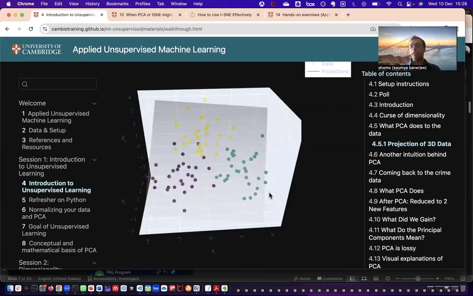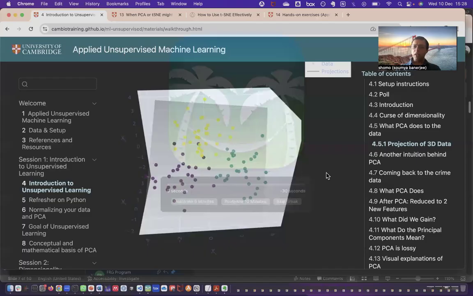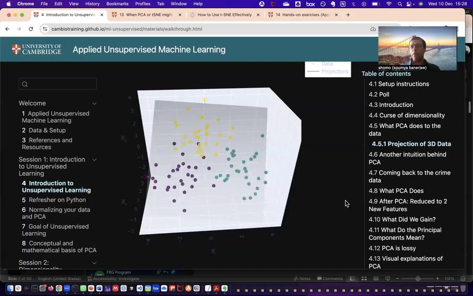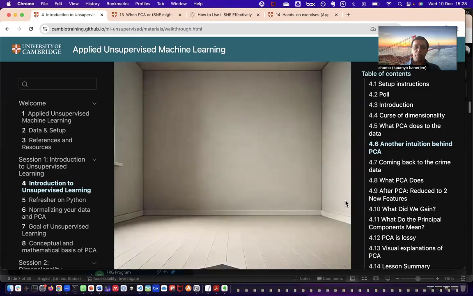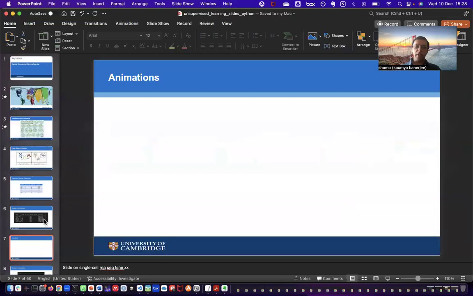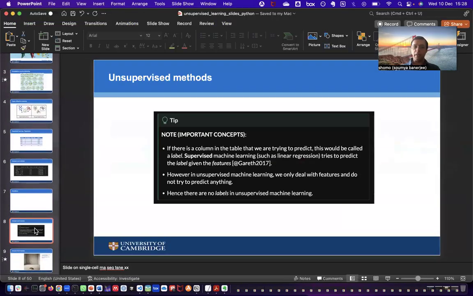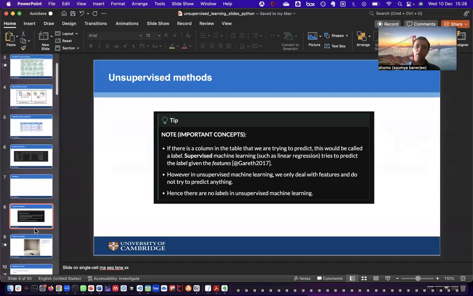And that is the magic of unsupervised machine learning, in this case, principal components analysis. And again, my class and all these web pages are full of these kinds of intuitions and animations. It's a very, very good way of communicating all these different insights. I also always try to really highlight very, very important concepts. So, for example, one concept is a label and a feature. A label is something that you are trying to predict, and features are the attributes of this data.